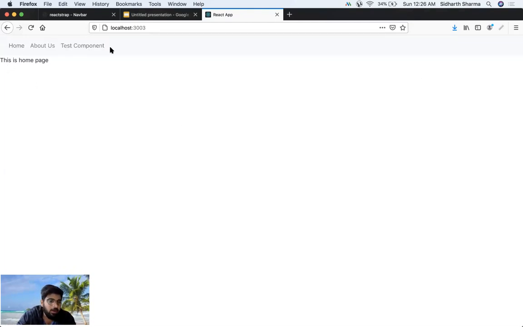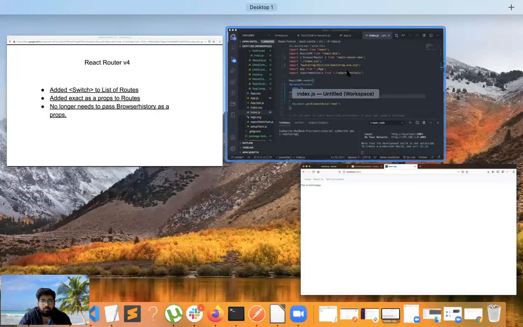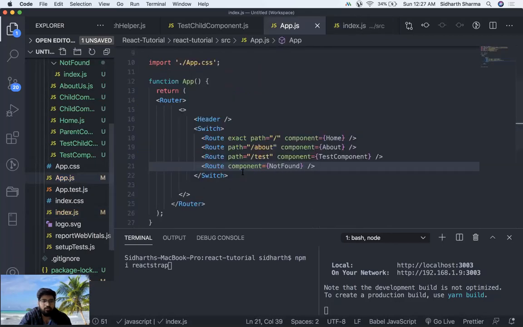This navigation bar is coming from Reactstrap, and when I click on the about us page, you can see that this is the about page, so the page changes. When I click on a certain link, it renders the particular component. So this is how we can apply routing inside the React application. Very simple.